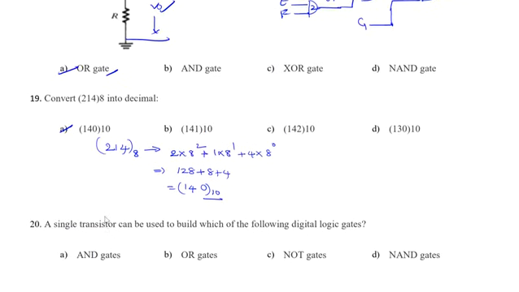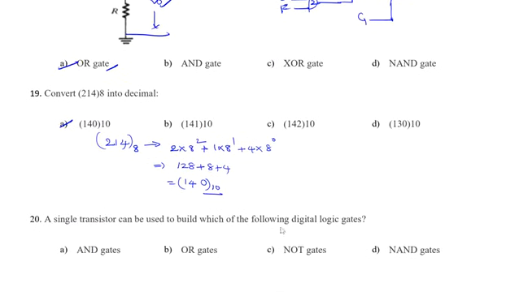a single transistor can be used to build which of the following digital logic gates? So single transistor, as we discussed earlier, can operate in three modes of operation. What are they? The first one is active mode, the second one will be saturation mode, and the third one will be cutoff mode. Among these modes 1, 2, 3 here,